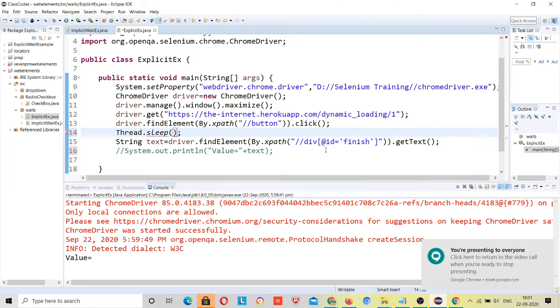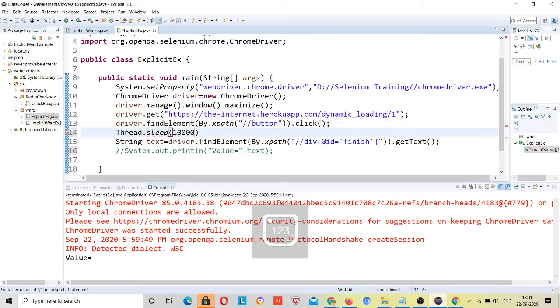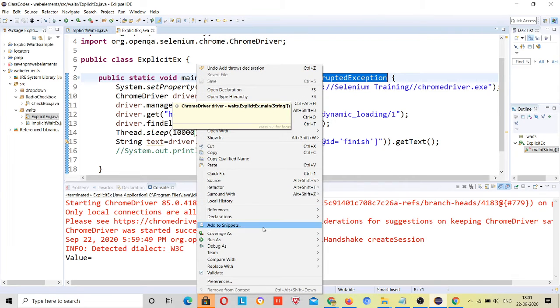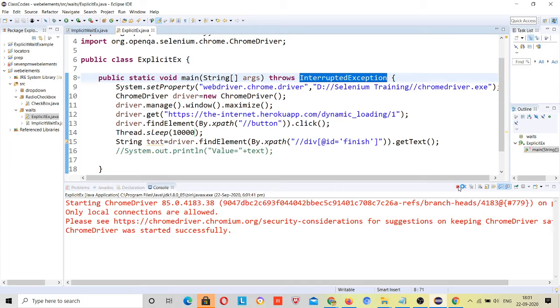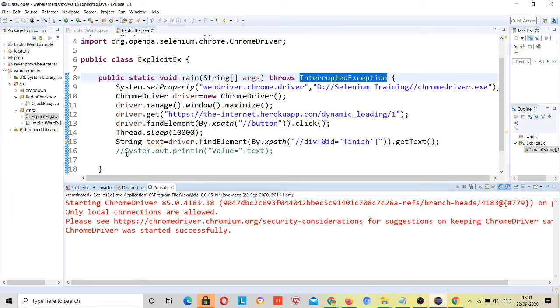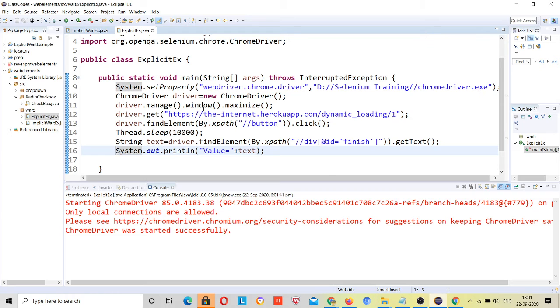So now see very carefully. If you do not see the differences here, then it might be confusing every time, so please be very careful. Now see, I have given Thread.sleep, and I will run this code. Oh, sorry, I'll stop here because we have commented the System.out. Now again I will run.